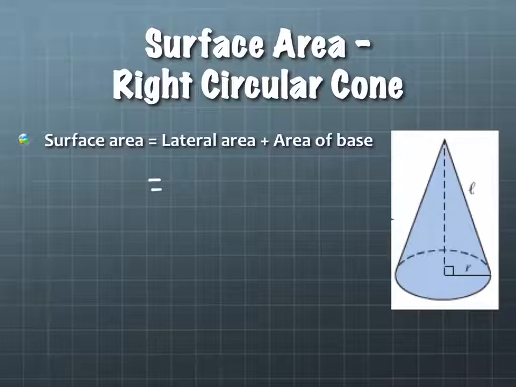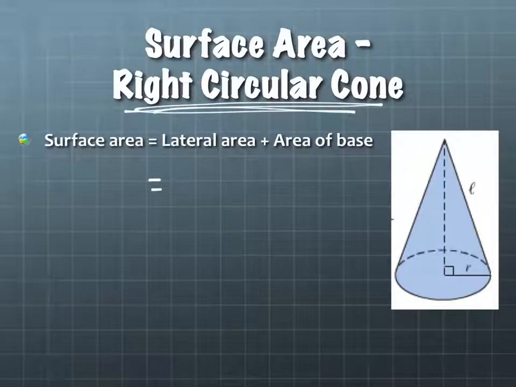A cone is almost like a pyramid, right? It's got this lateral area, and then it's got just one base compared to the other ones which had two bases. What is the base of a cone? It's a circle, at least the standard ones we use the most, right? And if you remember back on your first test, you had to create one that was non-circular. That was a struggle a little bit. So it doesn't have to be a circle, but the one we're working with most commonly is going to be a circular base. So for the surface area of a circular cone,